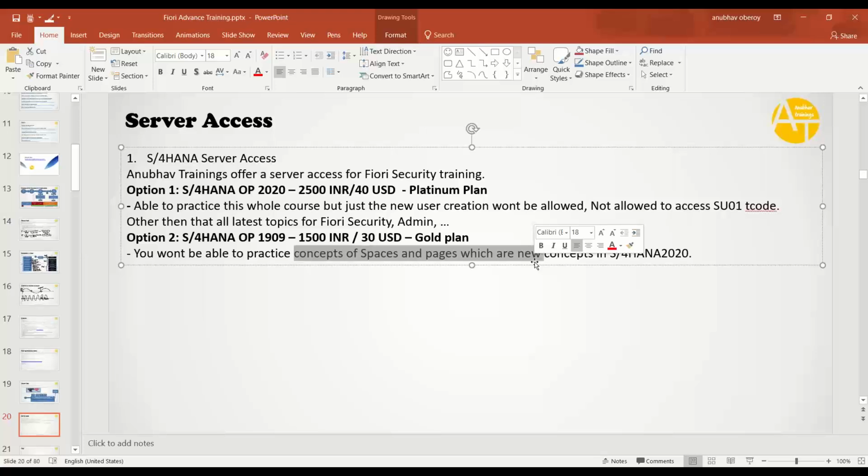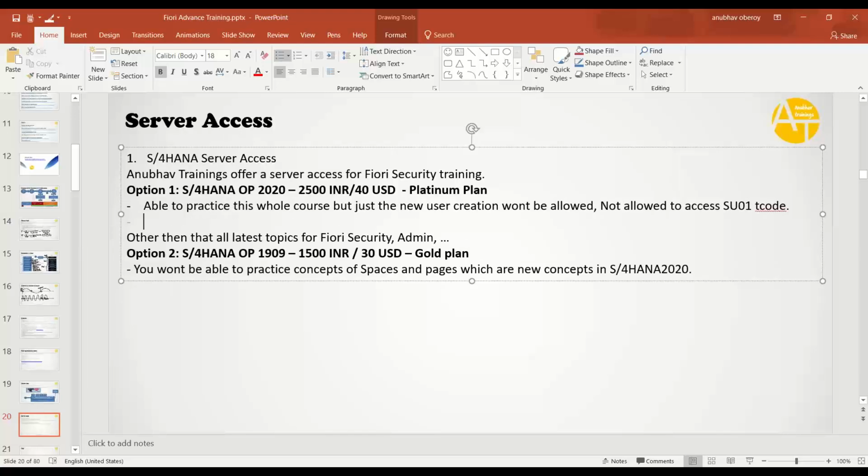You can also do one thing. First you can take one plan for the first month, and the second month you can take the second plan. That way you can manage. I will be using both servers because there are some topics which I have to show here, some there. One more limitation of the first one is that this is an embedded server. So if your company is perhaps already on a central hub scenario, then since this is an embedded server, you won't be able to practice